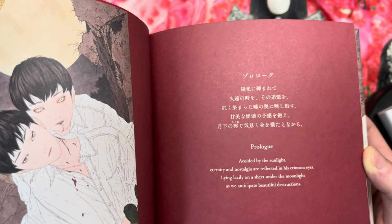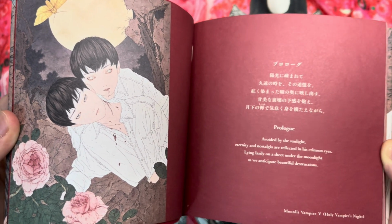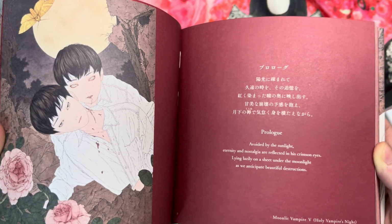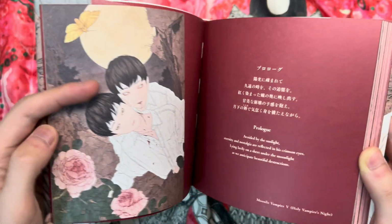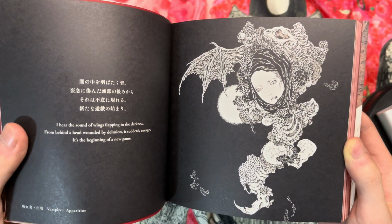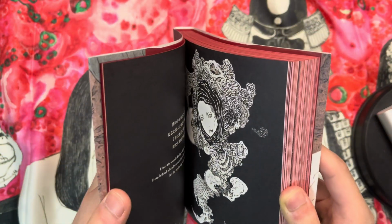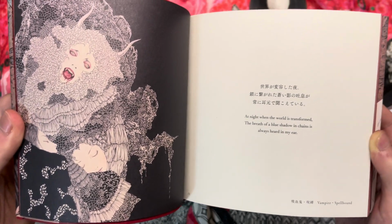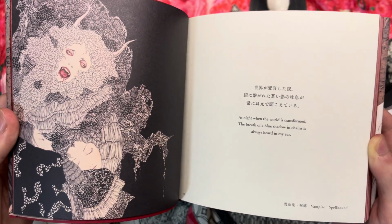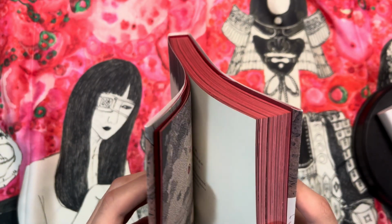So yeah, you would get the Japanese and the English, pretty much just describing or related to the image at hand. And you get a wide variety of artworks that are mainly centered on vampires. And I do believe that